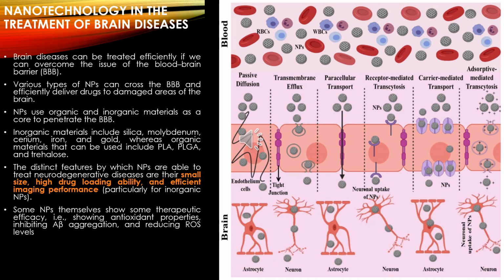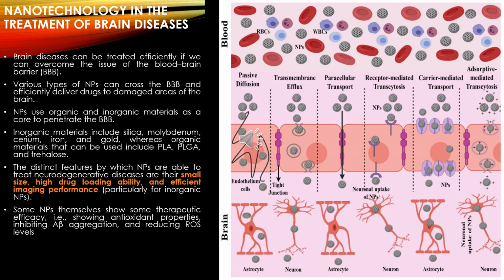So the use of these nanoparticles like organic and inorganic nanomaterials can easily penetrate the blood-brain barrier. Inorganic nanomaterials like silica, molybdenum, cerium, iron, and gold can easily enter the blood-brain barrier by means of unique features like smaller size, large surface to volume ratio, and their surface charge, whereas the organic nanomaterials include PLA, PLGA, and trehalose for faster entry into the blood-brain barrier, as well as bioavailability, as well as slow and sustained release of the drug